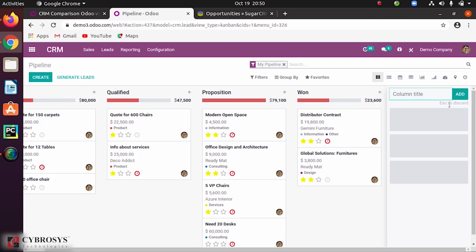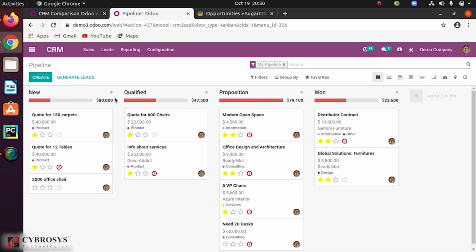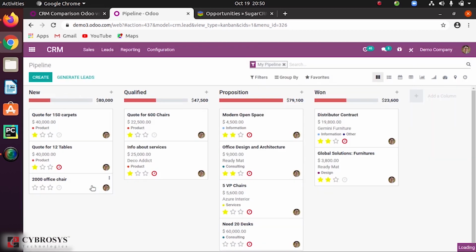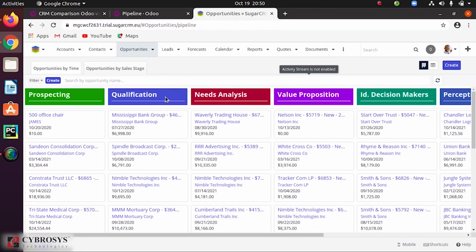So you can just add new stages, or if you are looking into the settings of the stages itself, you can see certain features that you can provide. You can provide the name over here, you can mention whether it is a won stage or not, or whether you want to fold this in the pipeline or not, and you can also provide the sales team and mention the requirements over here. So yeah, with Odoo CRM also you can create different stages over here, and for that also you have different options to see over here.